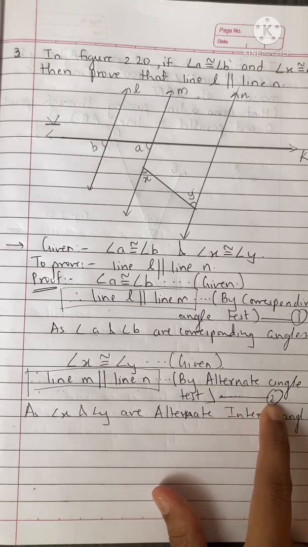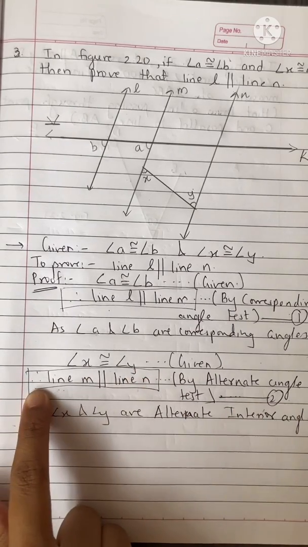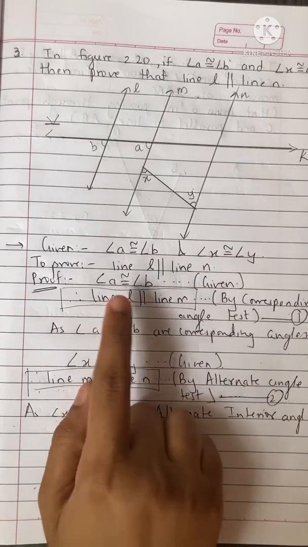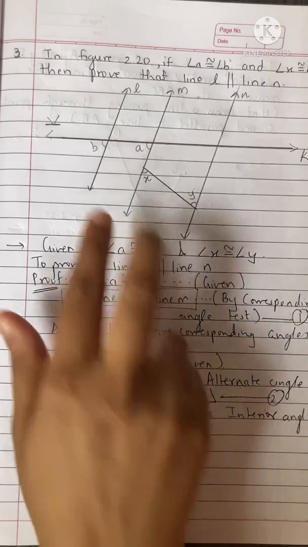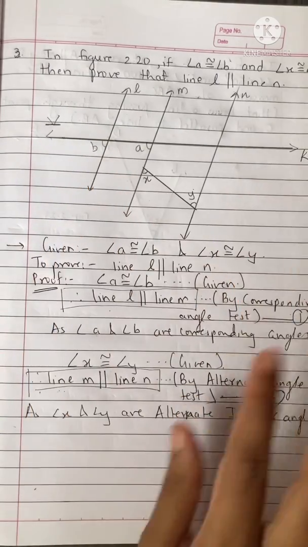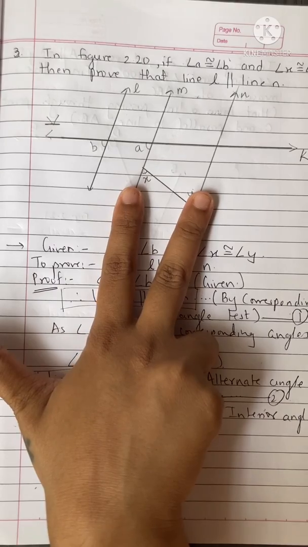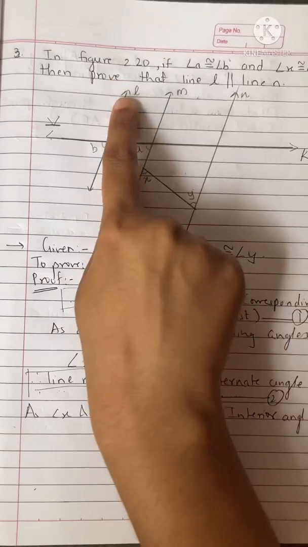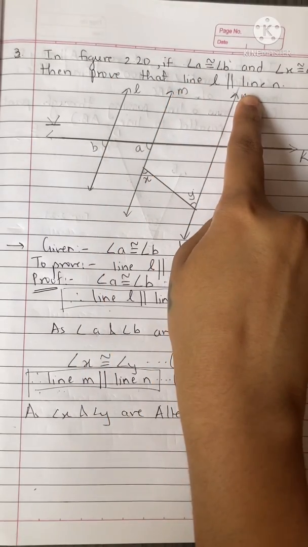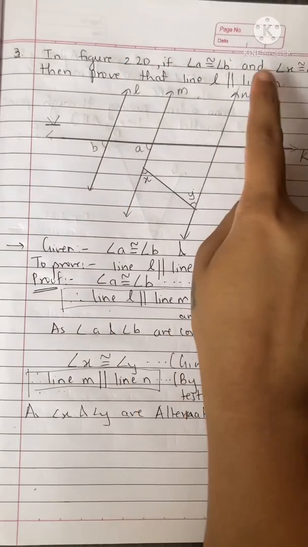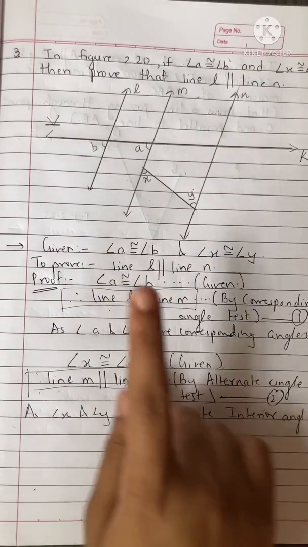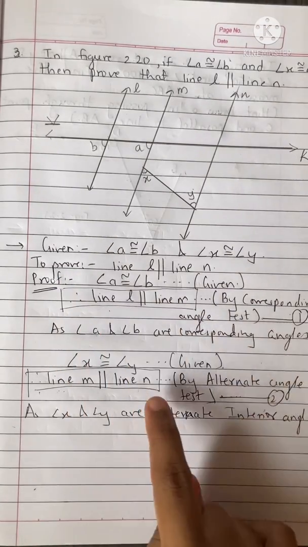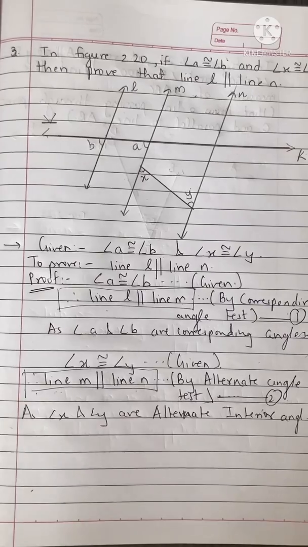Now here I have given equation 2, because this we have newly proved. Now look at equation 1 and equation 2 and see what is there. Line L is parallel to line M, that we have proved first. These two lines are parallel. And in the second equation, line M is parallel to line N, that we have proved second. So what will happen now? If line L is parallel to M and M is parallel to N, finally what will we get? Line L will be parallel to N. So this is like, if A is equal to B and B is equal to C, ultimately what happens? A is equal to C. So similar things happen over here.